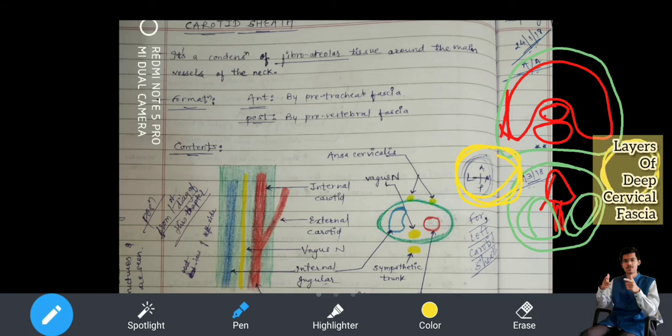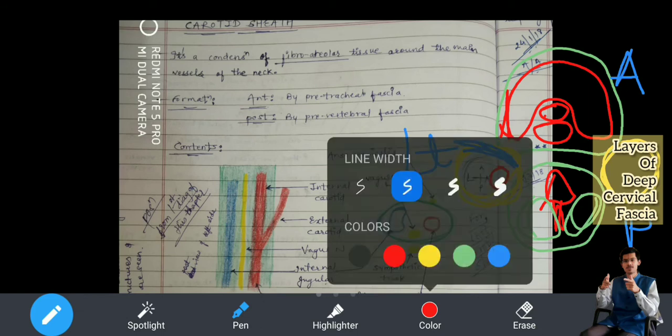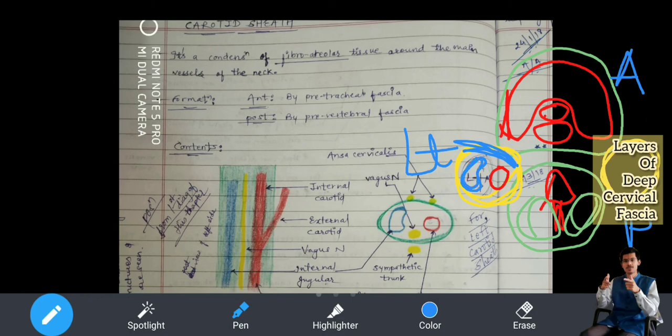Now, you only see I'm using blue color. Now, anterior part of the carotid, see, I hope you have got the orientation. This is anterior, this is posterior, this is left. In my diagram, what I'm drawing to you. Okay, forget about this orientation. Just a second. So, in the carotid sheath, what all you are having? You are having red colored vessel. Then you are having the jugular vein. Here also you will have a jugular vein. You have the carotid vessel, and in yellow you will have the vagus nerve. Okay. Now you need to understand. I am showing it to you in blue, my dear friends.